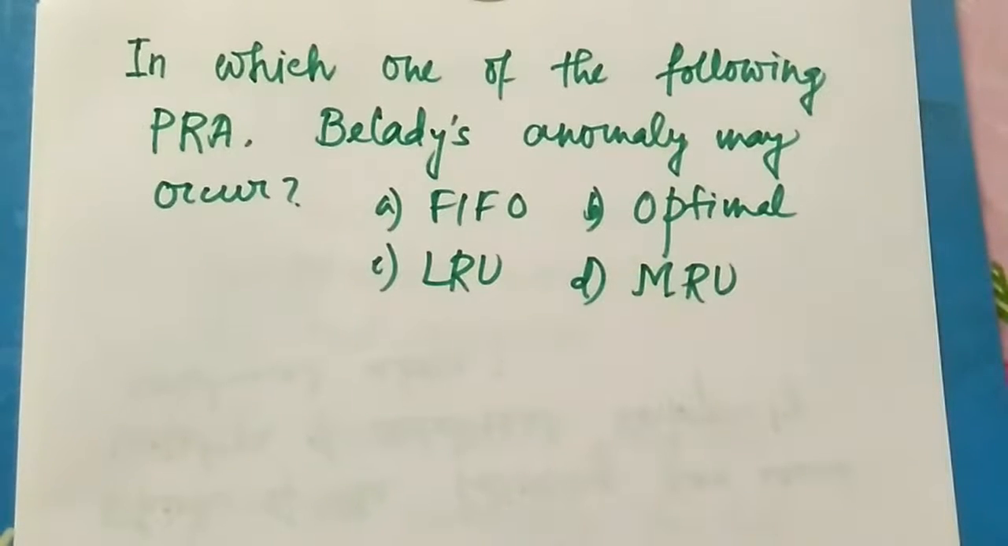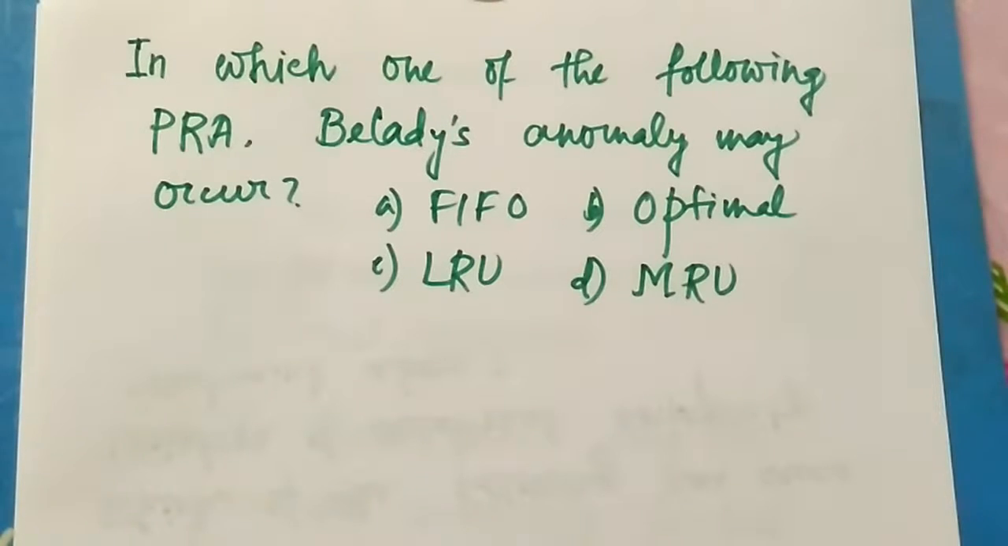So the next question is, in which of the following page replacement algorithms Belady's anomaly may occur? So what is Belady's anomaly? Belady's anomaly says that it is not necessary that if you increase the frame number in main memory, the page